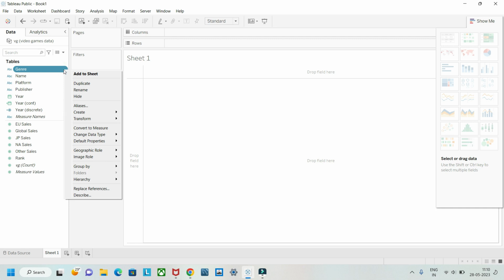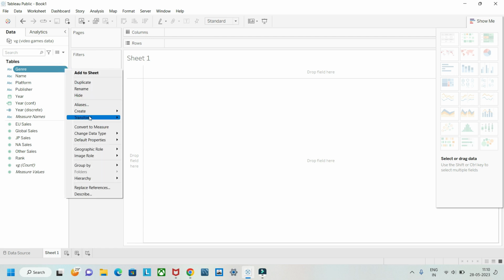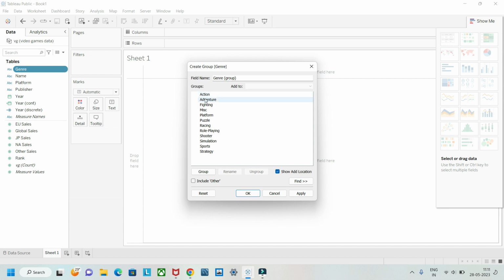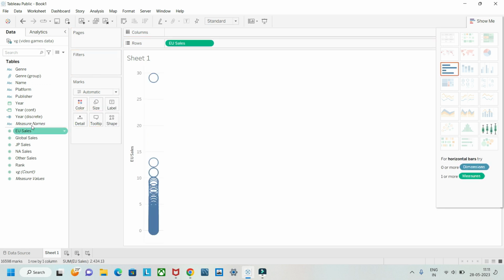So what you can do is just click on this arrow, and after that you will get this option create. Then here you can see group, right? If you want to group any of these genres like action and shooter, you can select Control and then select anything like strategy, etc. Then you can group them, apply and then okay. So here one group is formed. And if you drag the sales on rows and group on here, then what will happen is